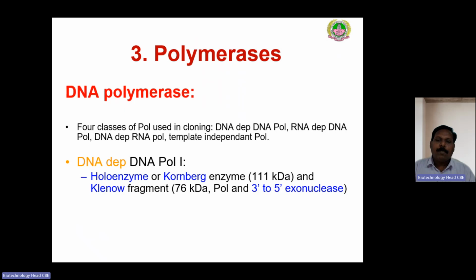The first one is DNA dependent DNA polymerase enzyme. This is also called as a Kornberg enzyme or holoenzyme with a molecular weight of 111 kilodaltons. And these enzymes typically upon excision or catalytic action, they generate a larger and a smaller fragment. We call them as a Klenow fragment with 76 kilodalton, which possess both polymerase activity as well as the exonuclease